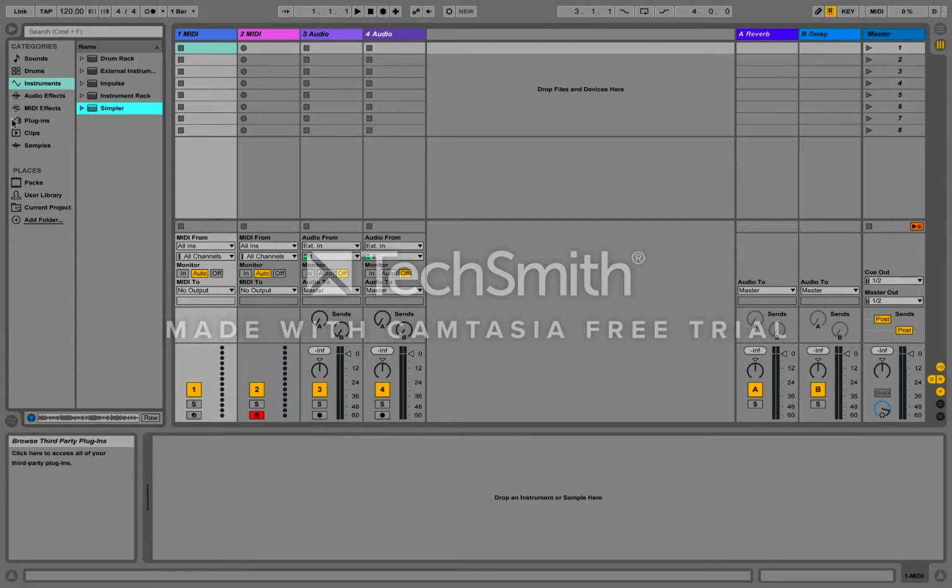So when we're choosing sounds, we've got instruments, which are sound generating plugins, and synthesizers and samplers. So in the browser we'll choose instruments and go into the Simpler. If we click on the triangle, we've got some options down here. If we click again,